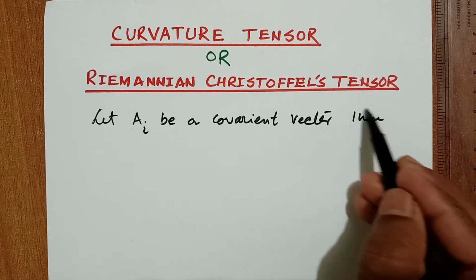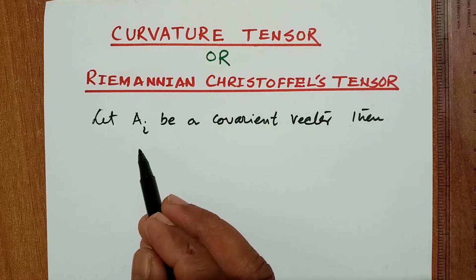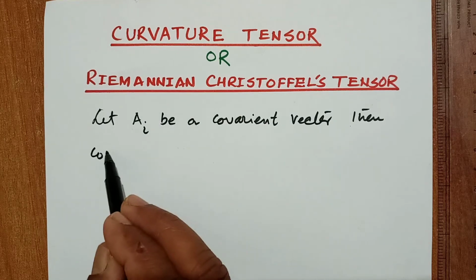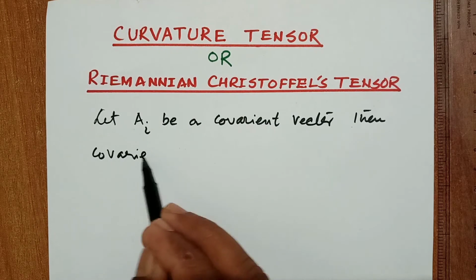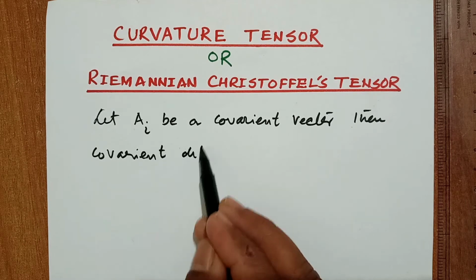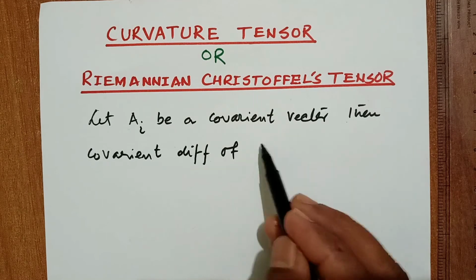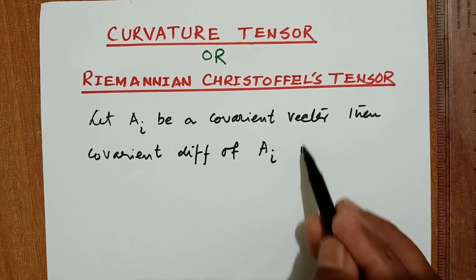Then the covariant differentiation of A_i is